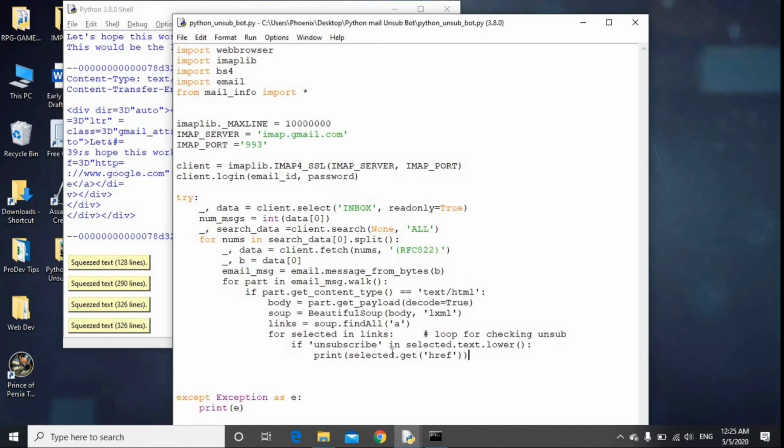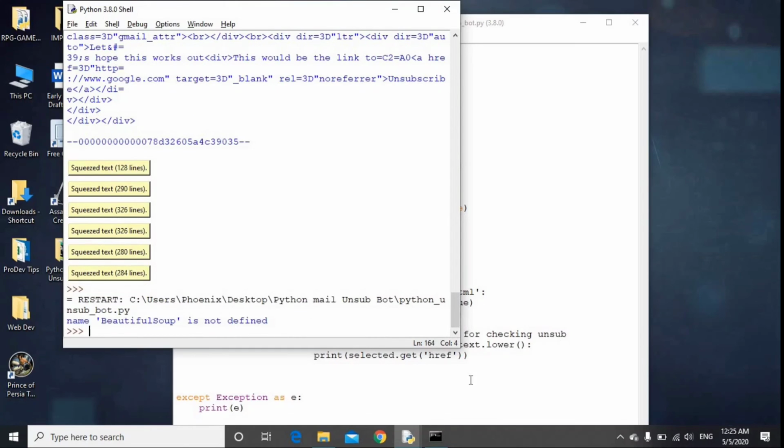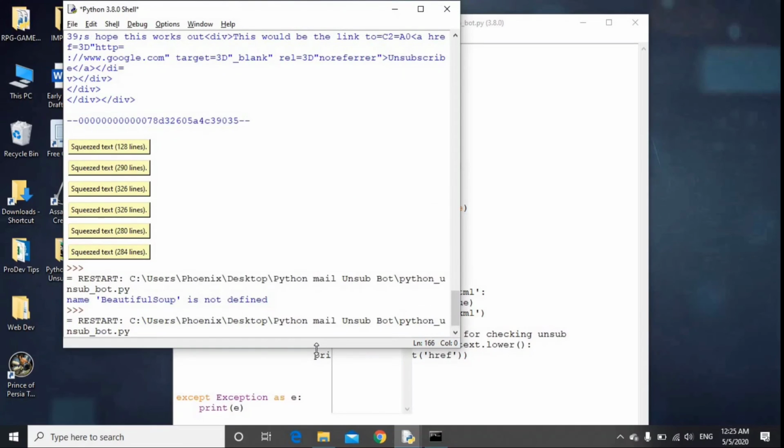If we save this and if we run it, it's gonna take a moment, and it says BeautifulSoup is not defined. Oh, right, because we used bs4 here. I did not, yeah, you need to import BeautifulSoup from bs4. And once you save that and you hit run,